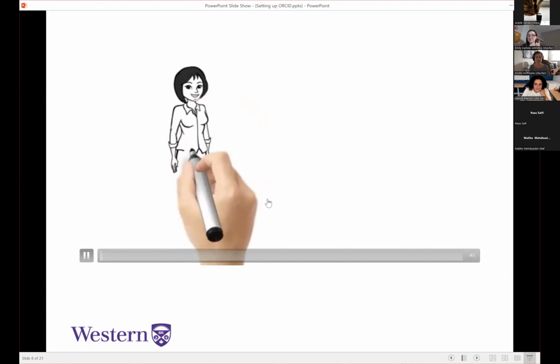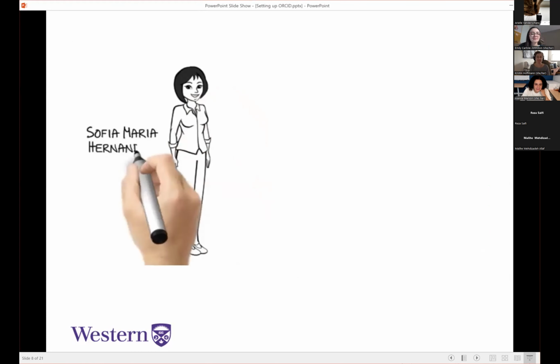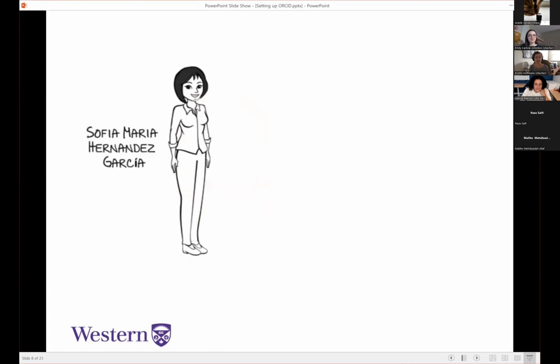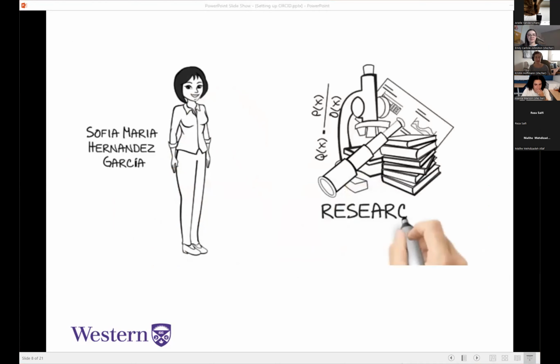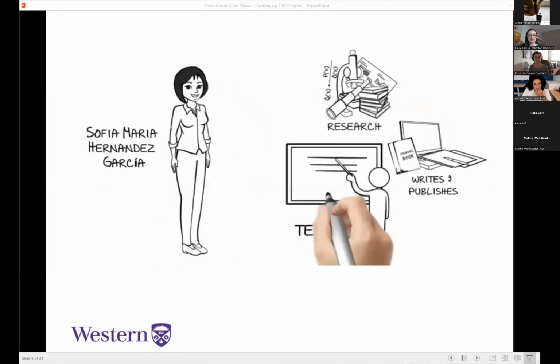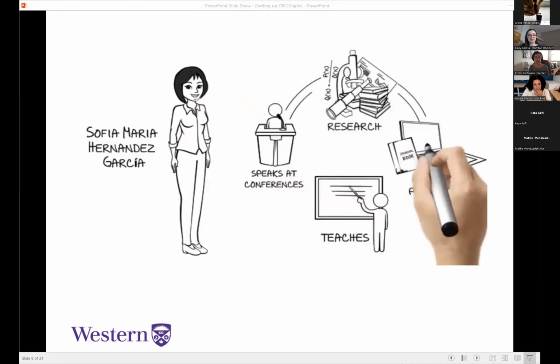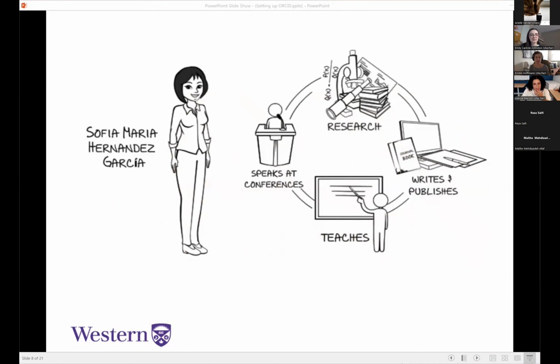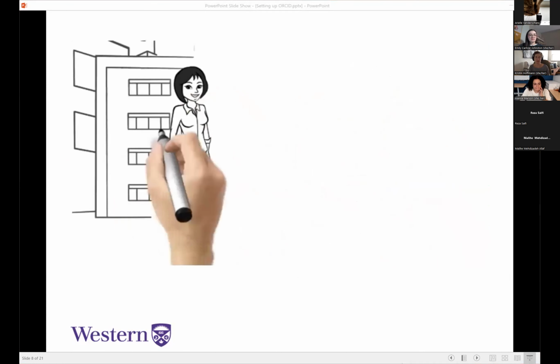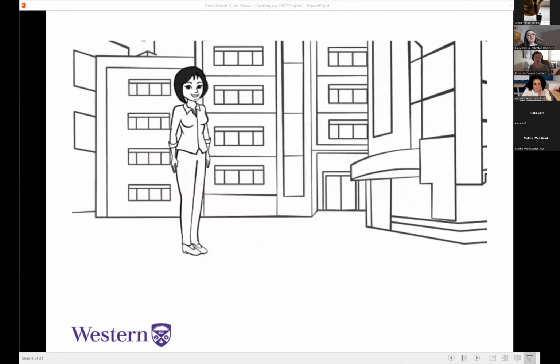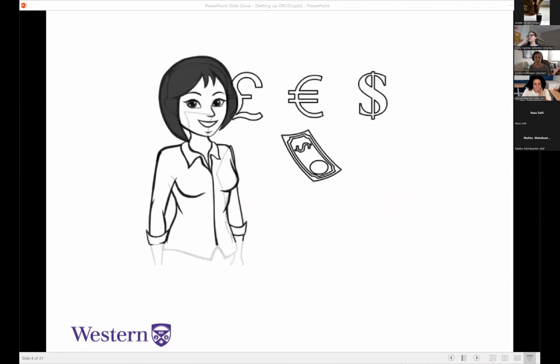Meet Sofia Maria Hernandez Garcia. She is an active and accomplished scholar in her field. She does research, writes and publishes, teaches, speaks at conferences, the things that most researchers and scholars do throughout their career. She has done her work at several different organizations and has been fortunate to receive grants to support her